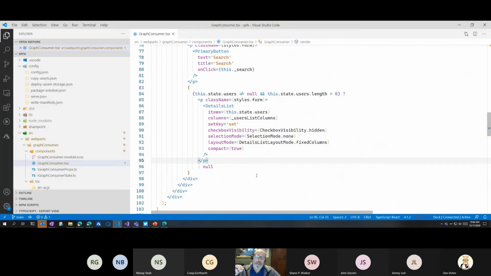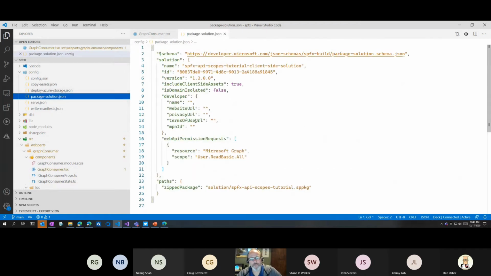However, I can't just deploy my code to SharePoint and have it work. Remember, we talked before about how users have to get a token. This MS Graph Client Factory is going to get a token on behalf of the current user, and there's the whole consent process. So inside the SharePoint Framework, I have to update this package solution file. Specifically, I need to add this entry into the package-solution.json file, which in turn gets bundled into my web part manifest. What I'm saying here is that I want to access the resource called Microsoft Graph, and I need a scope called User.ReadBasic.All. This will then allow me to read basic information about users.